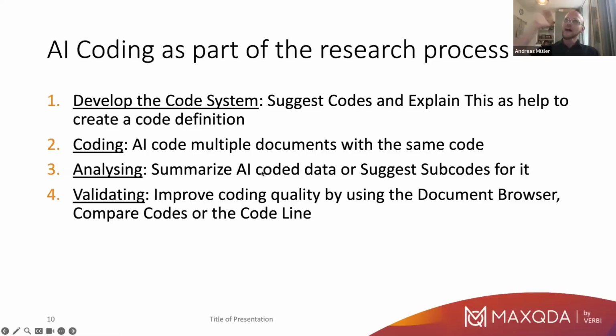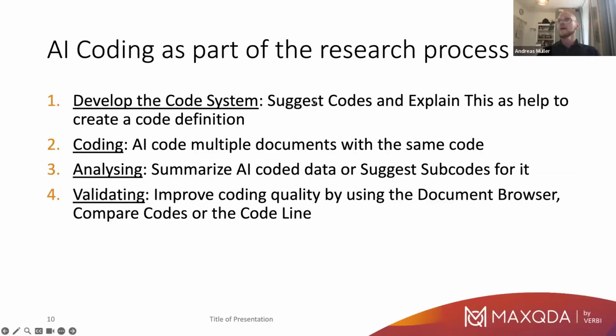If we now think about AI coding as part of the research process, not as an isolated step, I see here 4 points where AI can come in. It doesn't mean that you need to use AI on everything, but here are 4 points where you could use it to some degree. And we had it already in developing the code system. You remember the little hack? I created an AI-based code, self-limiting beliefs. I asked the AI to create it. And then I applied this code